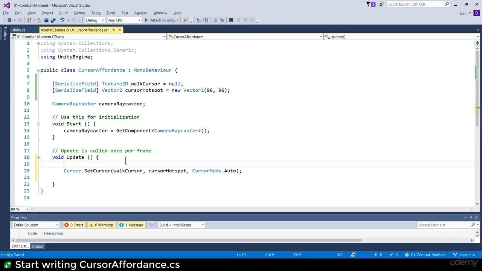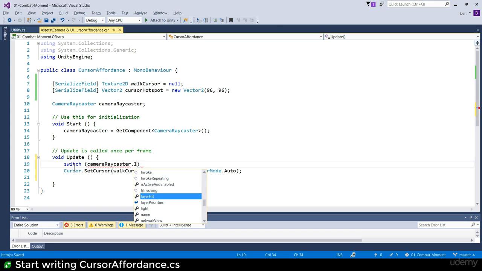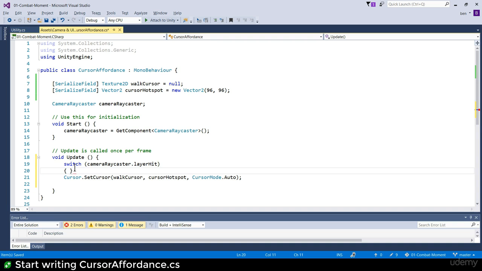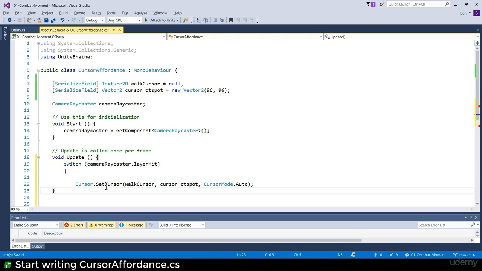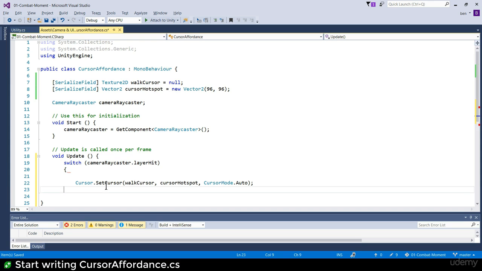So what I'm going to do is switch based on the result of this camera raycaster layer hit. So we're going to say switch on. What are we going to switch on? The camera raycaster.layerHit, and then here's the syntax. So in one case, we're just going to set the cursor to the walk. So I might as well put that case in right now. And let's just sort the bracketing out straight away, like so. Almost like so. Okay, something like that. Awesome. Now let's say case